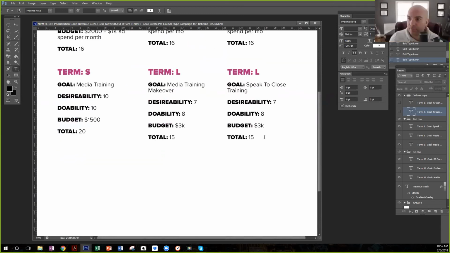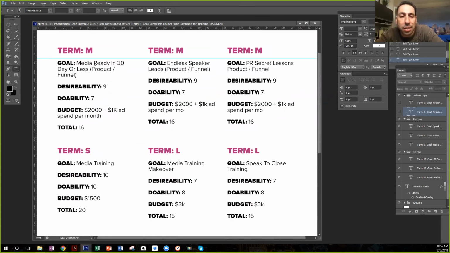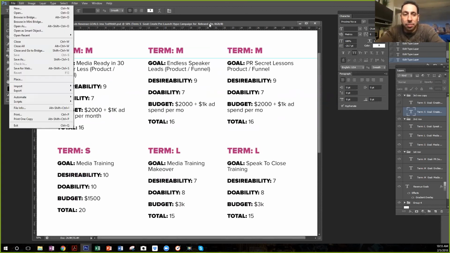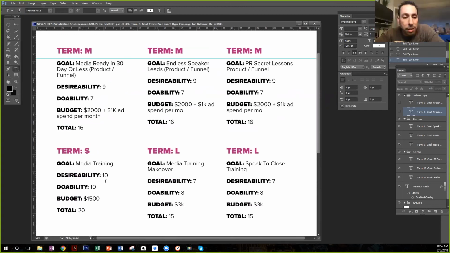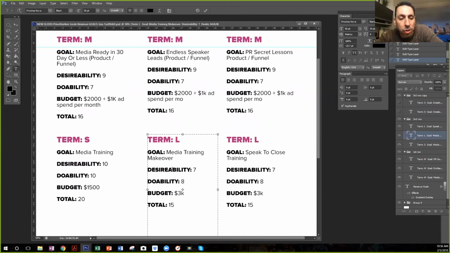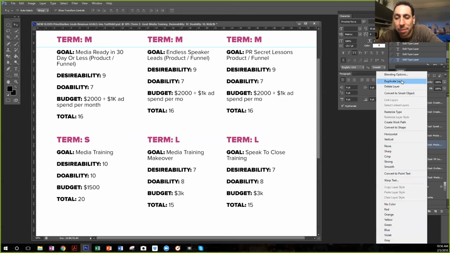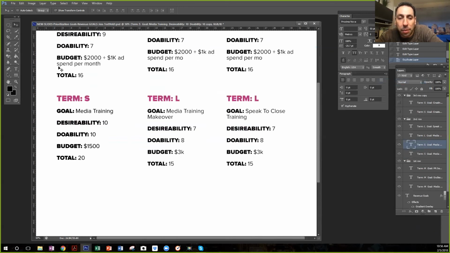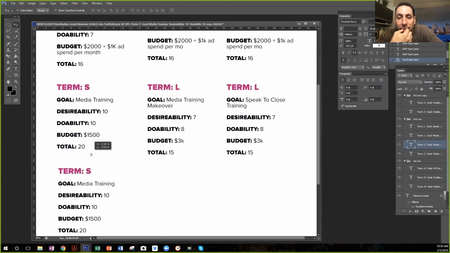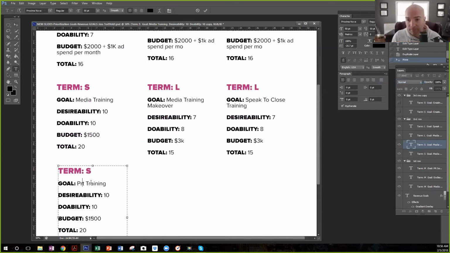So when I say short, I'm already doing that every single day. It's a 10 and a 10. As long as I do that, stuff happens. You said copy and paste what? That one, the only short-term one. If you just copy and paste that and call it presentation training, it's the exact same thing. Okay. And it's a long term? No, it's a short term. I'm saying I do both of those already every single day.